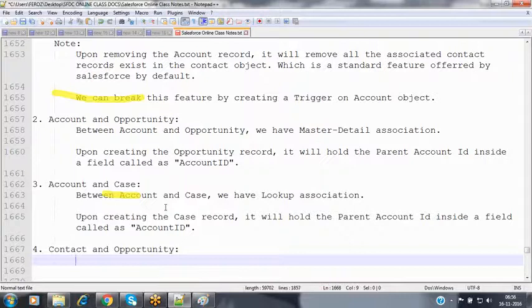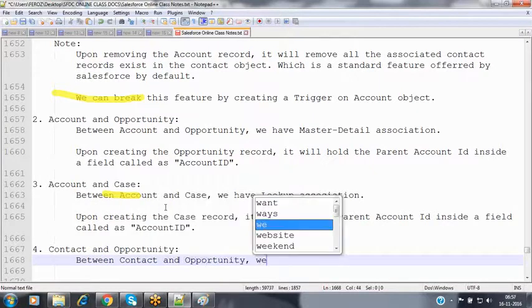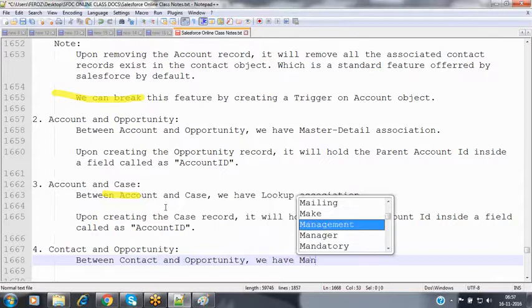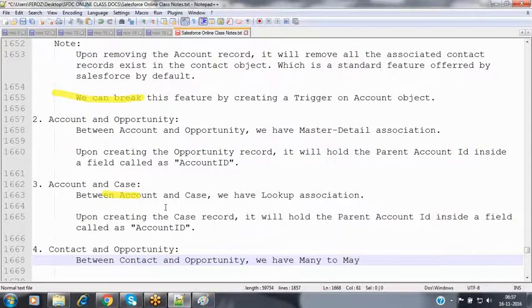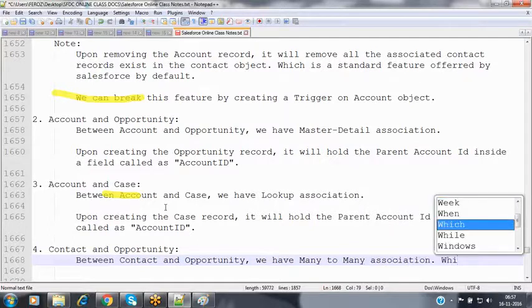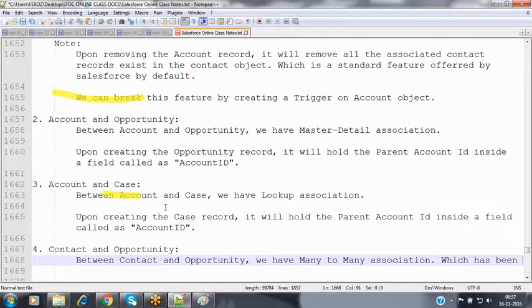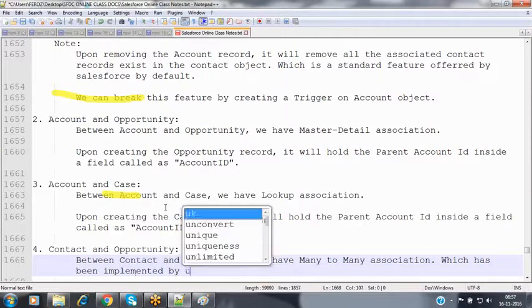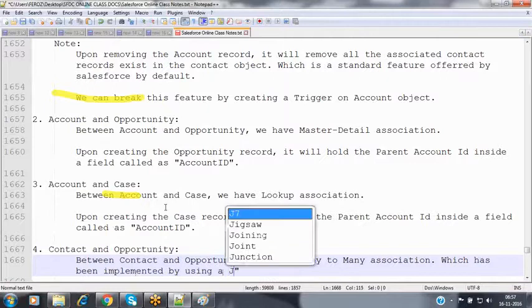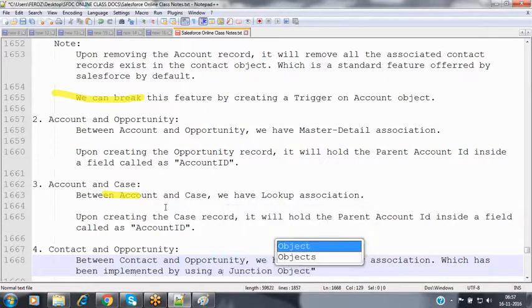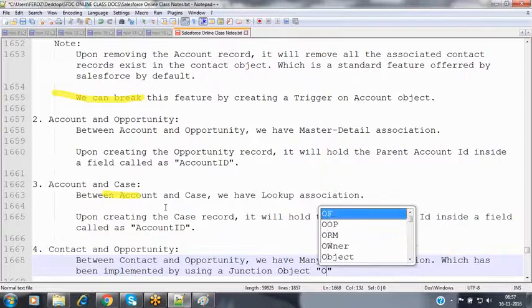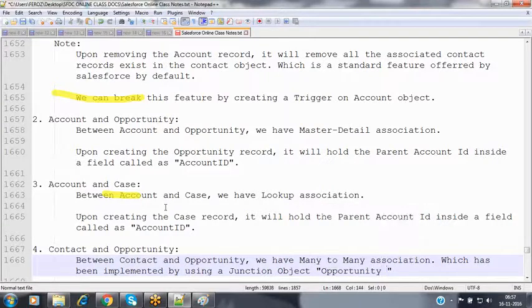Between contact and opportunity, we have a many-to-many association, which has been implemented by using a junction object, opportunity contact roles.